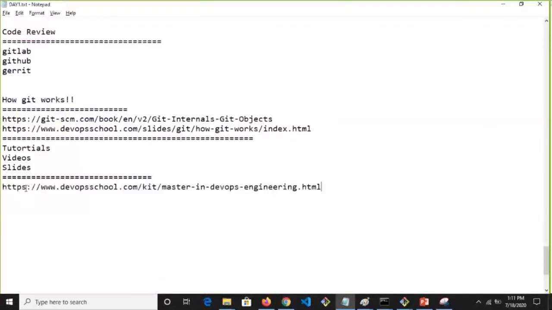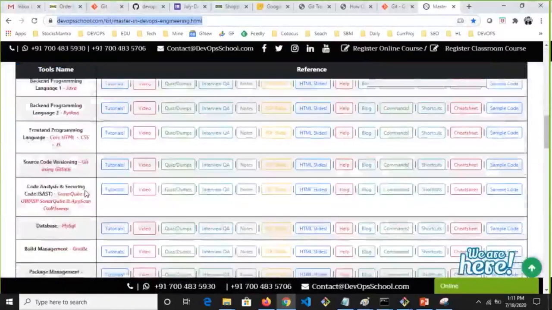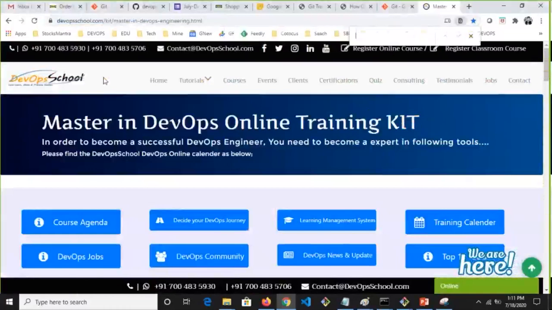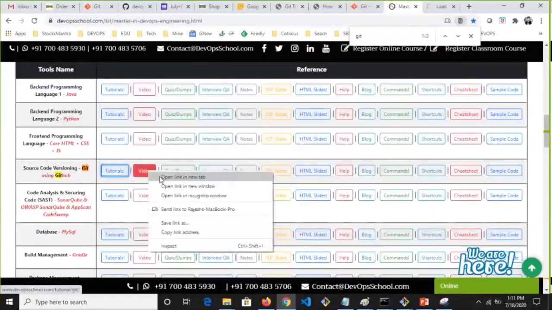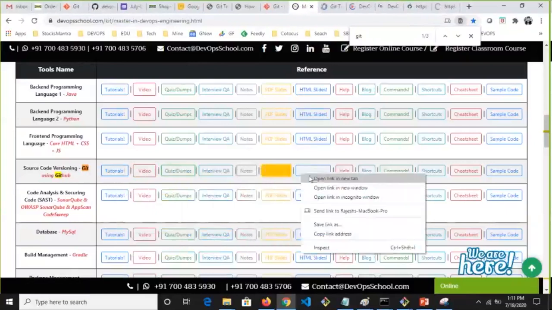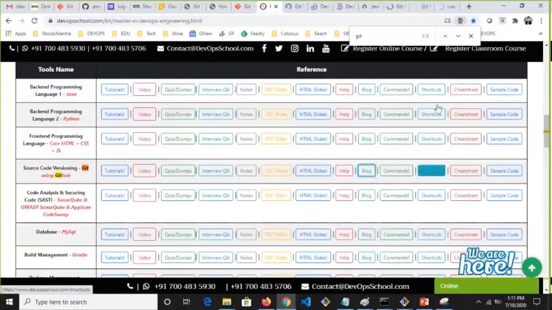this one. Right now, let's say you want the Git related stuff. You want the tutorials, click on it. Videos, click on the quick jump here. Notes here, PDF slides here, HTML slides here, blogging here, and many more sample codes here.